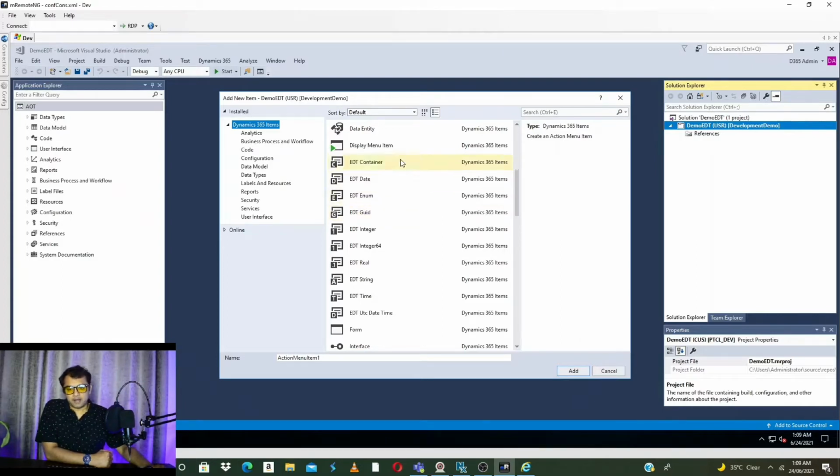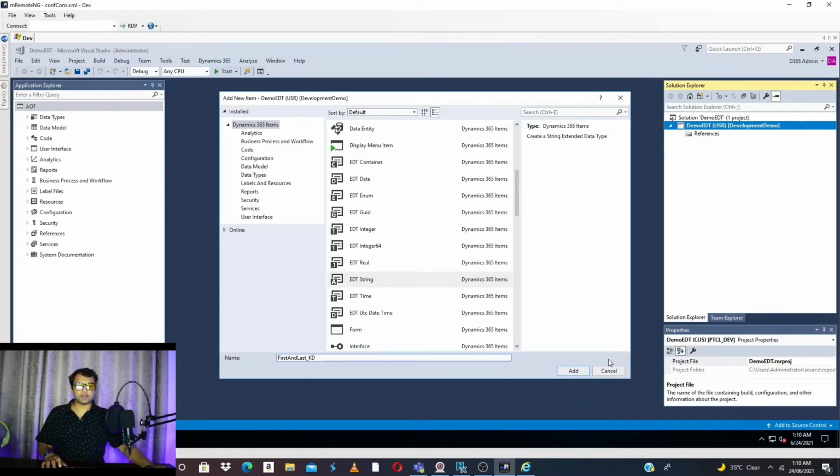Out of which, based on your requirement, you need to select the EDT. For our extended data type, for example, I'm going to use a string. I'm going to name it first and last name. I want an EDT where I'm going to store first and last name.